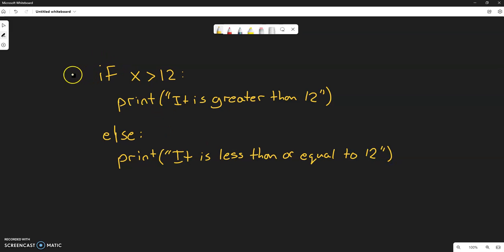So if this is true, it's going to print that. It will not do any of this code. Alright? It's only going to do one or the other. It's not going to do both with this else. And likewise, if this were false,